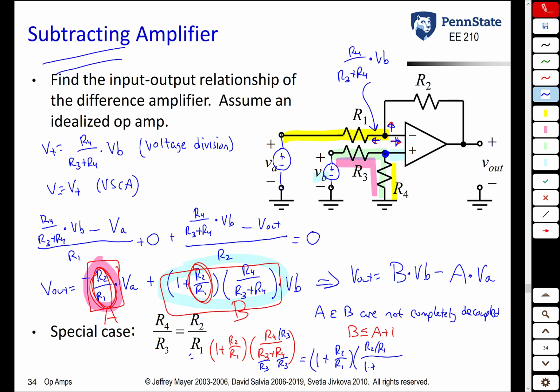R4 over R3 is equal to R2 over R1. We get that, and what we see is this denominator cancels with that. We just get